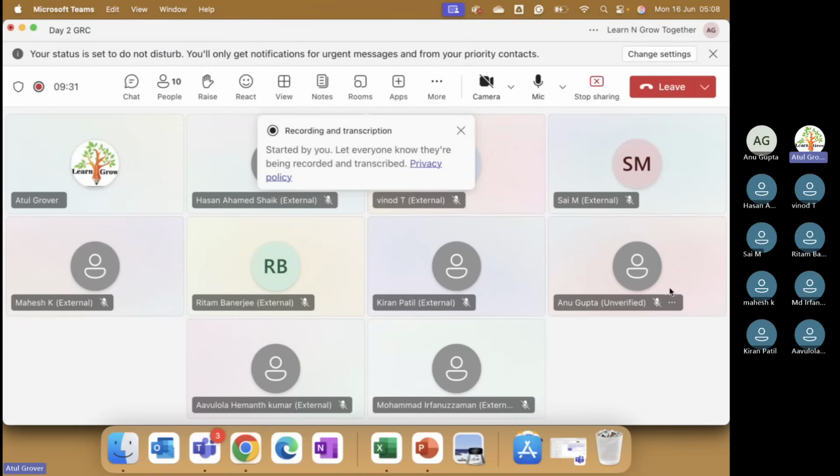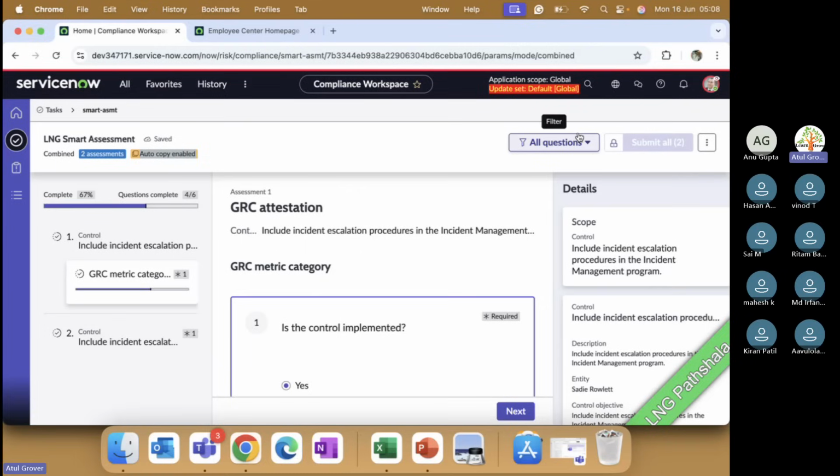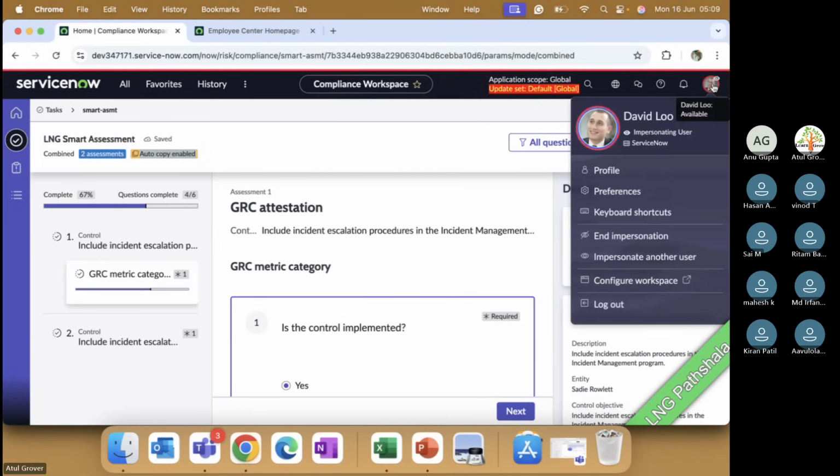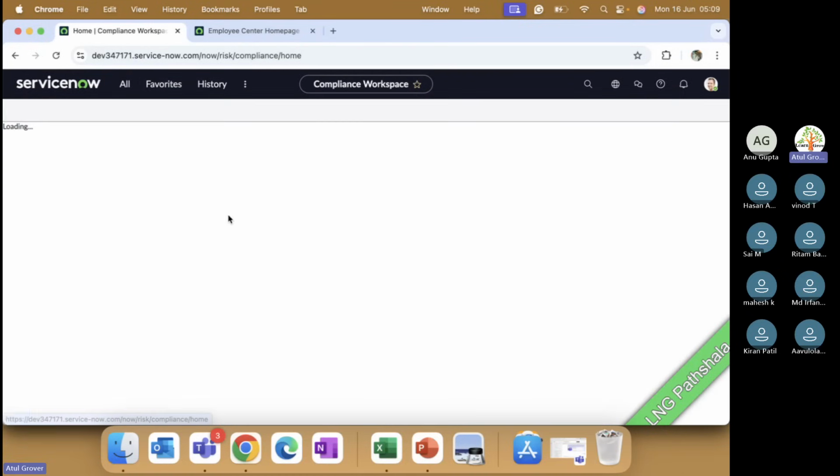Clear till this point, everybody? This is what we were missing earlier. So this property needs to be enabled, and then it will work as expected for us. This is the latest feature given by ServiceNow. Now, if I just end impersonation and come back as a compliance manager,